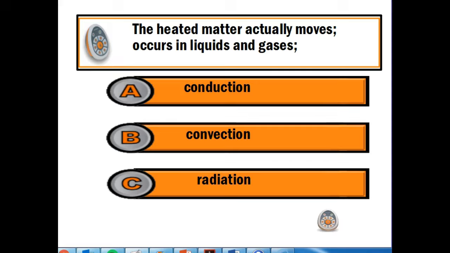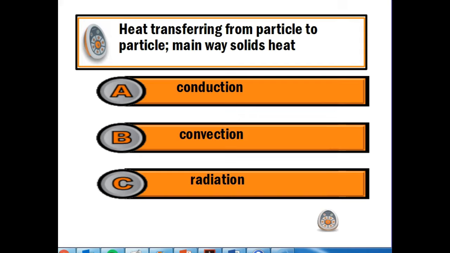Yes, convection. Remember, solids can't convect. The matter needs to be able to flow and move around, rise and fall, and solids can't do that. Their particles are locked in place. What about this one? This is where heat transfers from particle to particle because they're touching, and solids are really good at this. Yes, conduction. Remember, the particles in a solid are already close together, so if you apply heat, they're going to